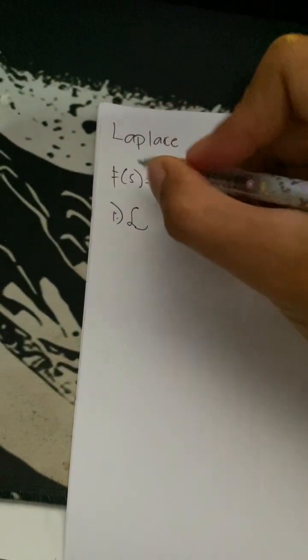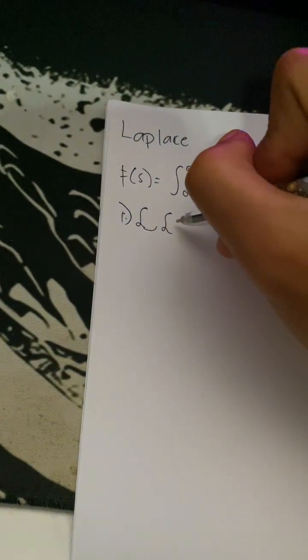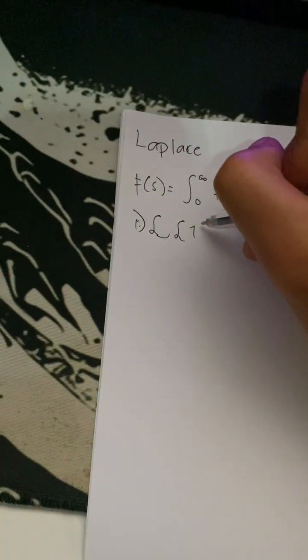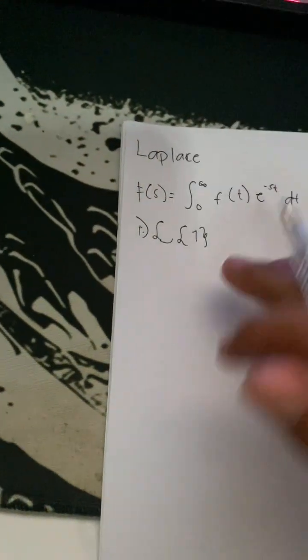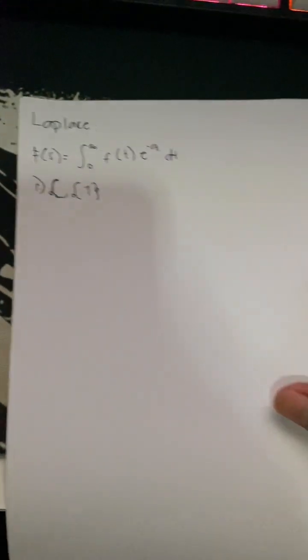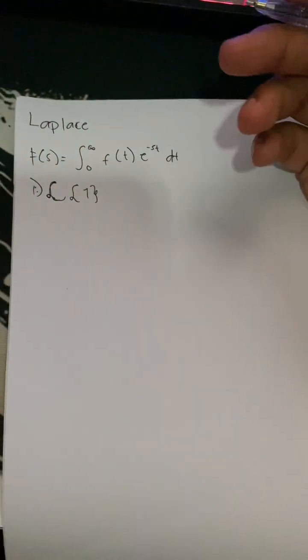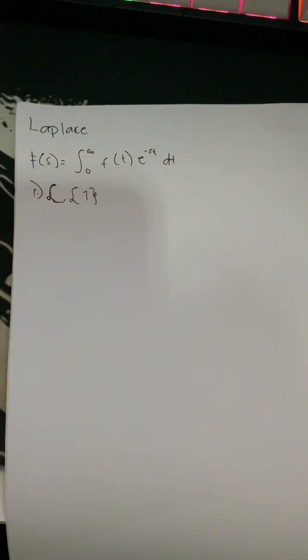Number 1. What is the Laplace transform of the constant 1? Here, even though it has no term of t included, this is still considered an f of t in terms of time. So what is the Laplace transform? Simply, we have